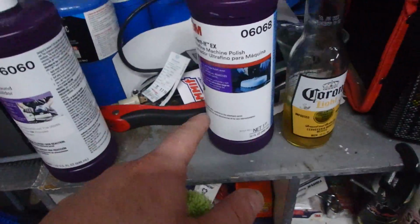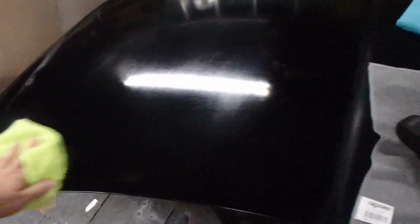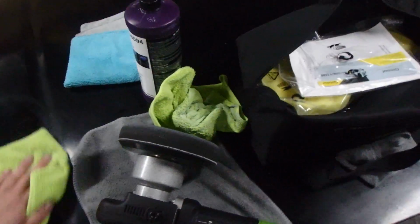We still have step number 3, which is the ultra fine, which would go over this after I'm done with step 2. So once step 2 is all done, then I'm going to go back again. And the lights give you a little weirdness to it, but we're getting there. It looks like there are little scratches here and there in the paint, from when I was really fighting with it, trying to figure out how to do it the right way. I wouldn't say this would be 100% body shop quality, but for somebody who really doesn't do this on a daily basis and has no idea what they're doing,